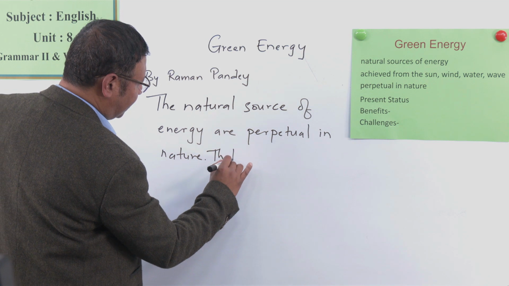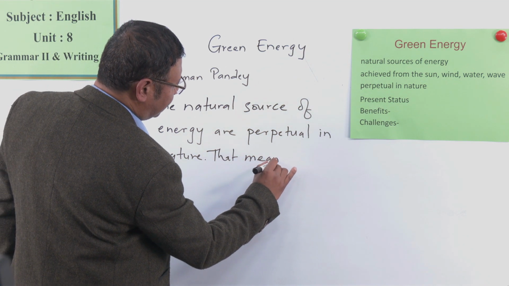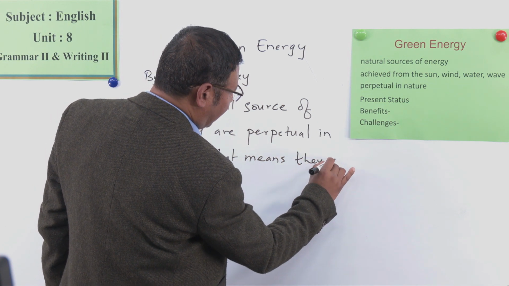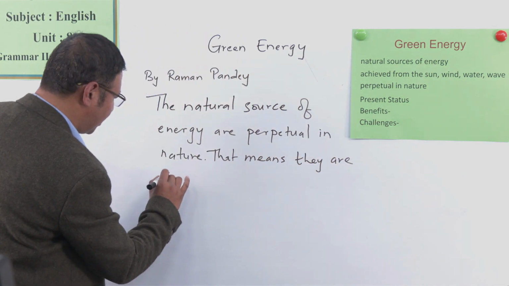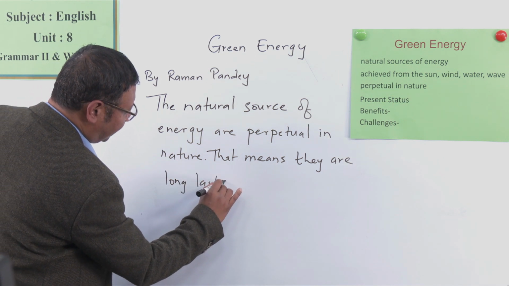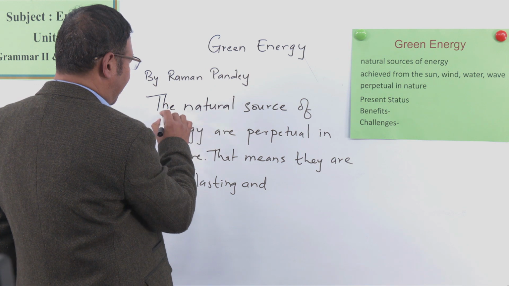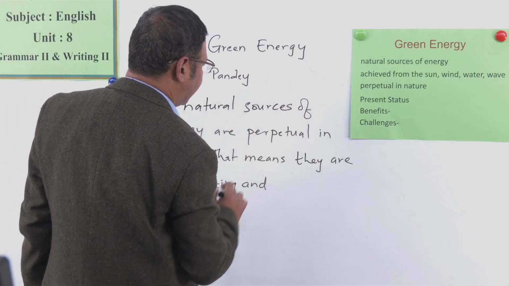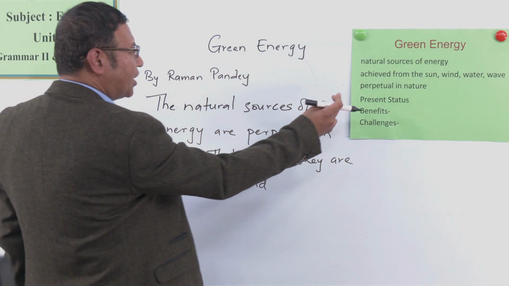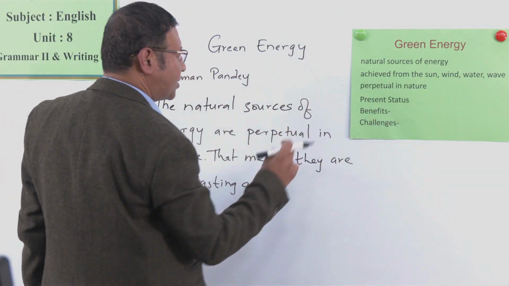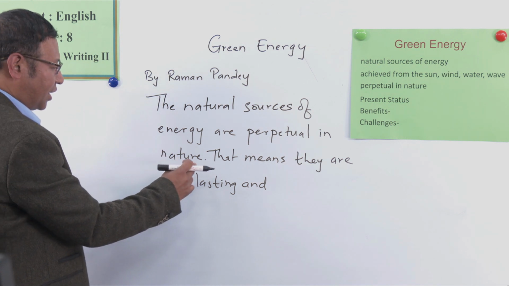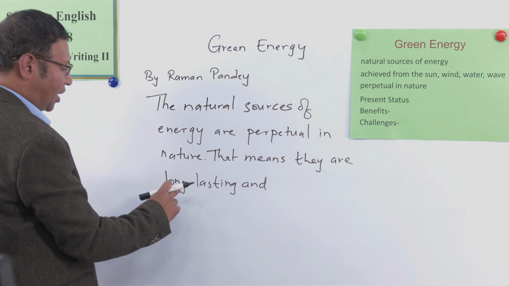That means they are long lasting. The natural sources of energy are perpetual in nature. So you can use the given sentence also. Then you can just add your other sentences like, that means they are long lasting and